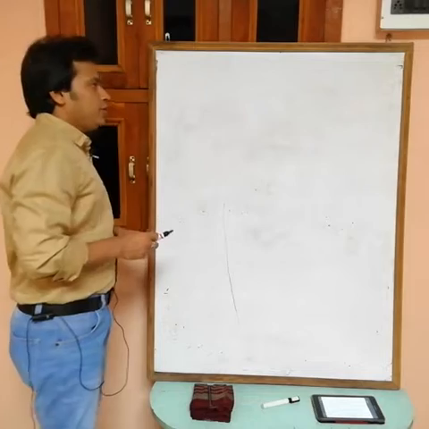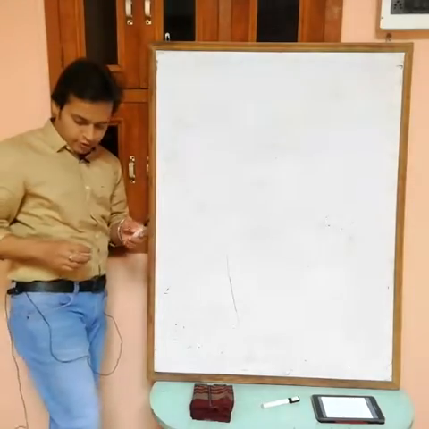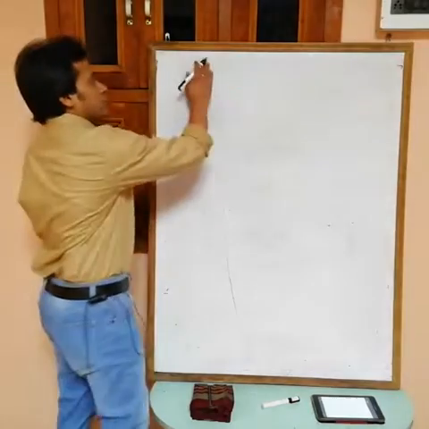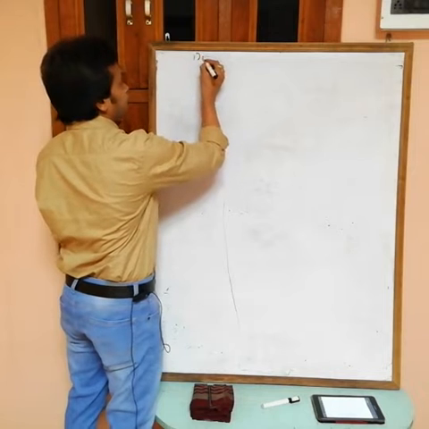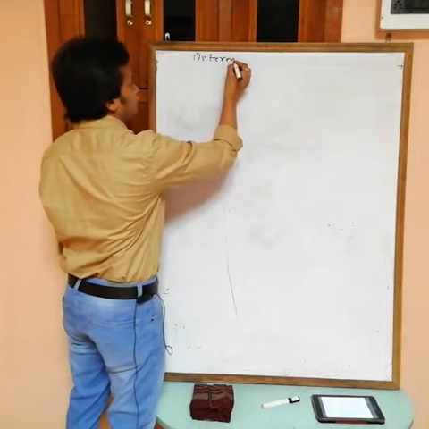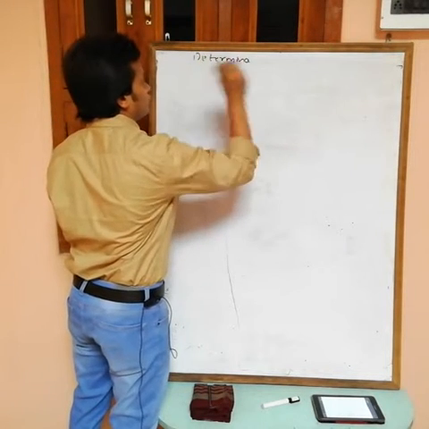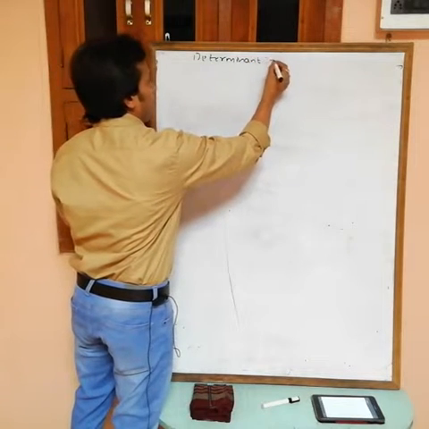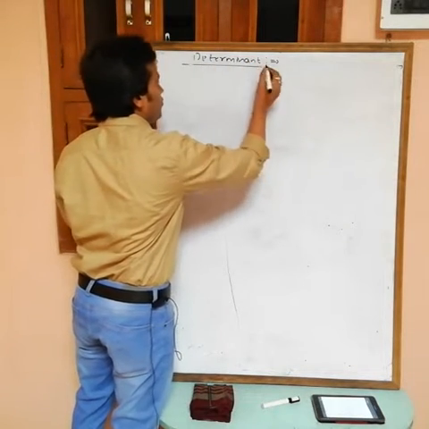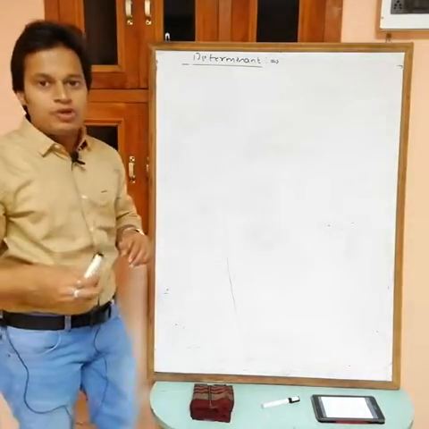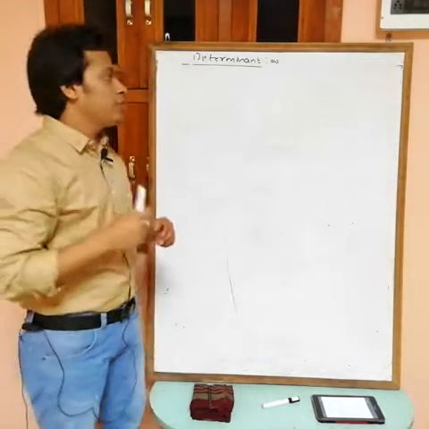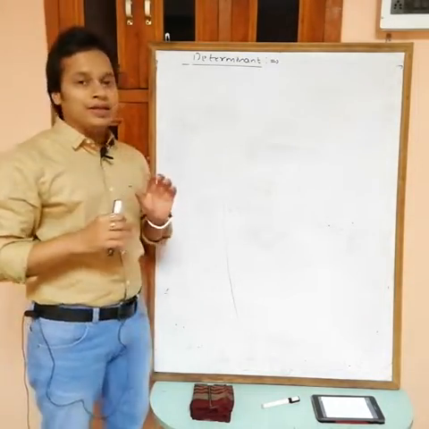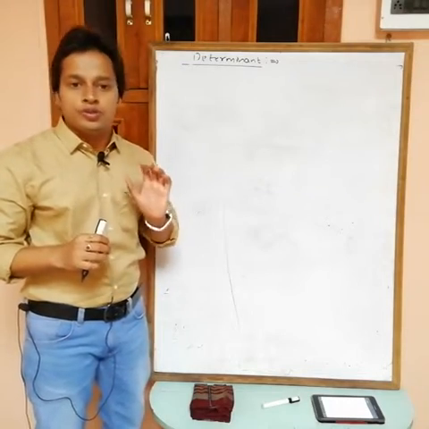Okay, now we will complete the first determinant, then after that we will take the remaining portion of matrices. Okay, so next is determinant. Now actually we can't find the value of matrices, but you can find the value of the determinant of a matrix, and determinant is only defined for a square matrix.